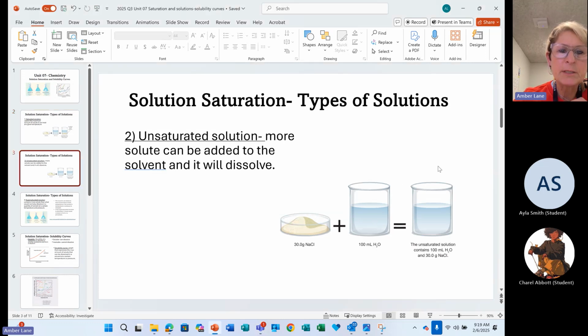The second type is called an unsaturated solution. Again, it's a solution, but this time you have less solute in the solvent than the solvent could actually dissolve. It could take more, and it could dissolve more if you added more until it became saturated. So with an unsaturated solution, more solute could be added to the solvent, and it will still dissolve. So that's the next one. And then the last one